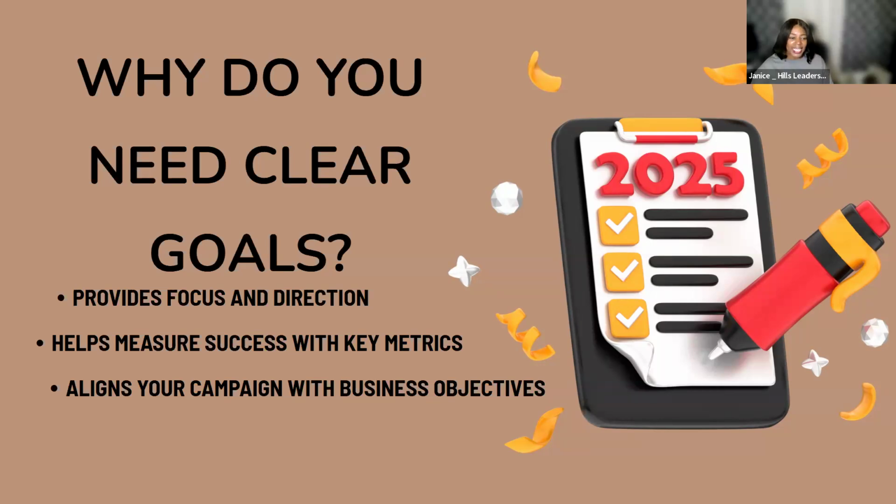Okay. The second thing is you want to help track and measure success with those key metrics. And when we talk about key metrics, especially when we're dealing with an email marketing campaign, it's very easy to keep track of those key performance indicators, those KPIs. And it's going to be important because this is how you're going to address any changes that you may need to make inside of your email marketing campaign. So it's going to track your progress, it's going to track those evaluation results. When we look at email marketing,